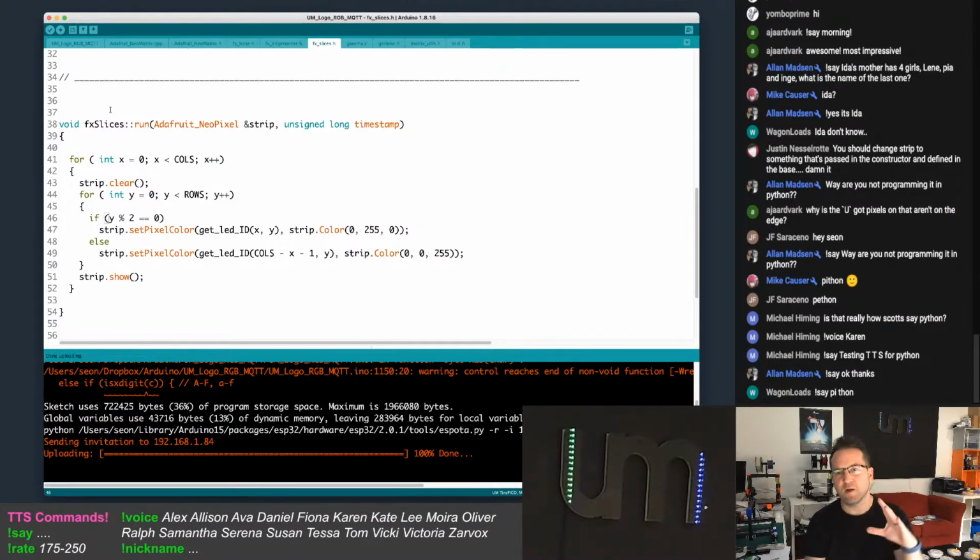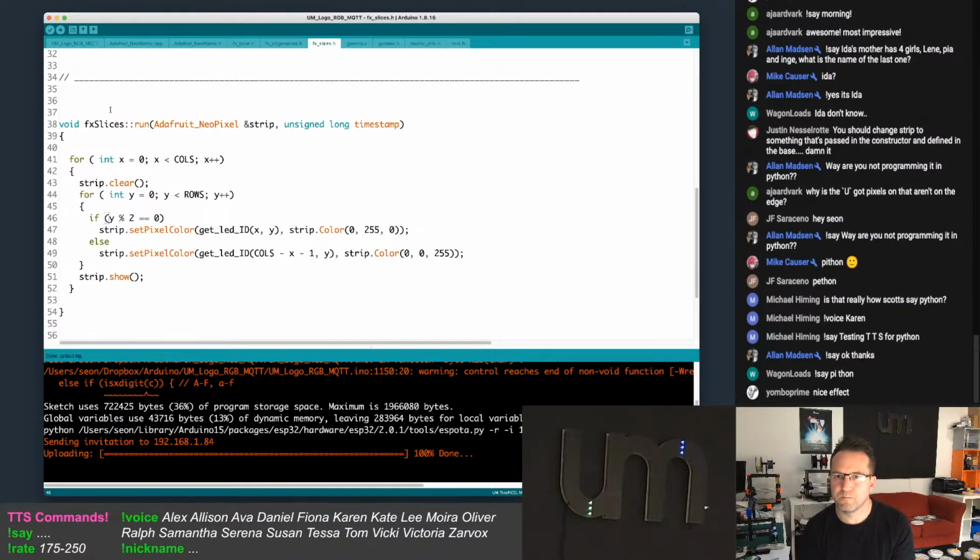Now, the idea is to have trails behind, so they slice through each other with trails, but that's going to take a bit more work. As I said, I need to set up a whole bunch of helper functions to do things like the fading and some other stuff. Now that's not a very nice effect.